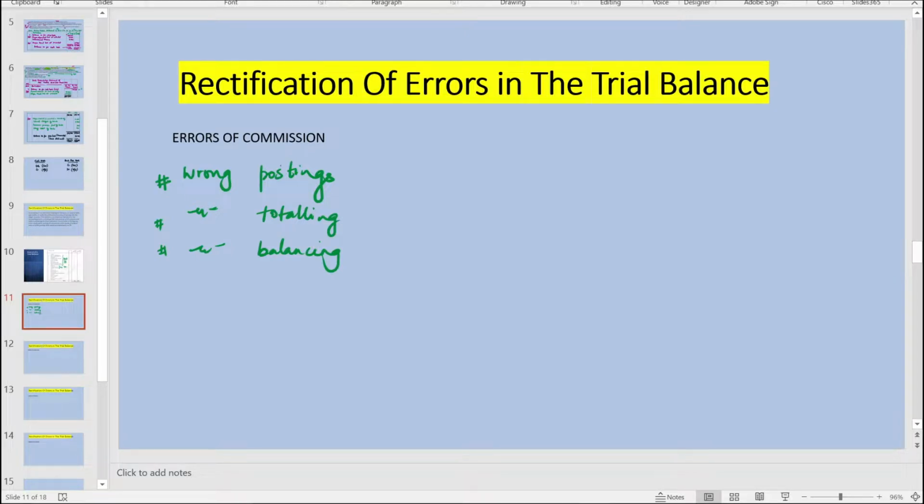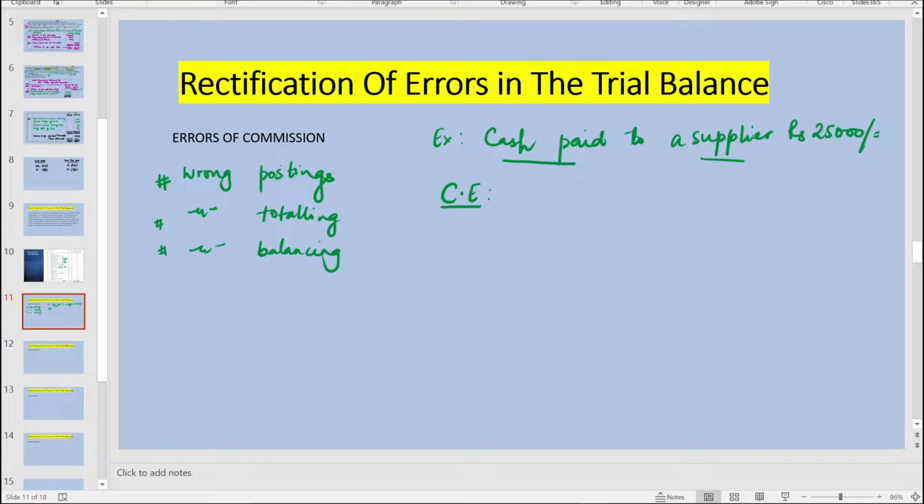So for example, what could have happened is, I'll give you an example here. Cash paid to a supplier, rupees 25,000. When cash is paid to a supplier, the correct entry for this should be, when we are paying cash,